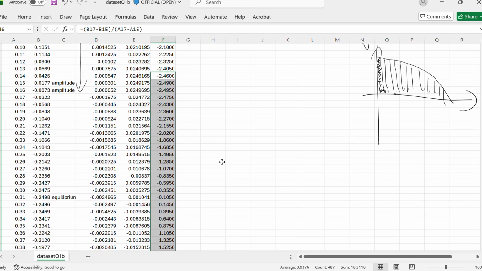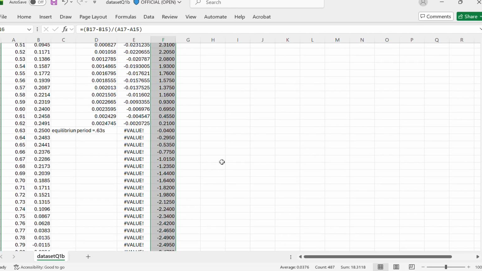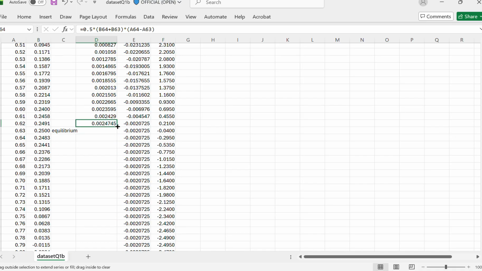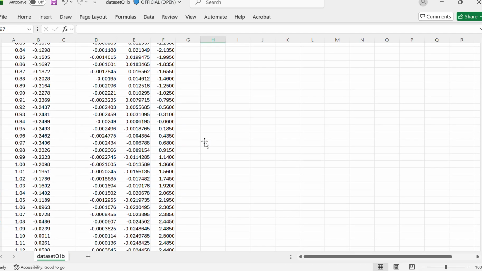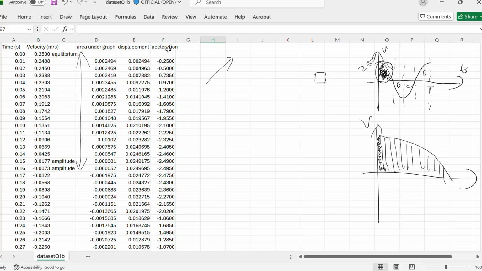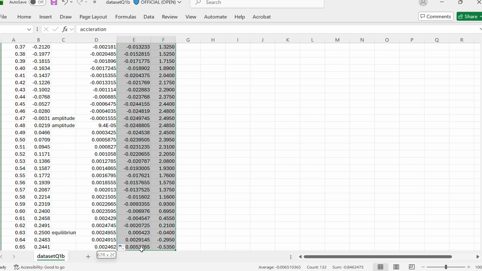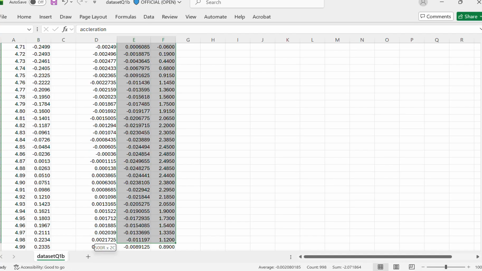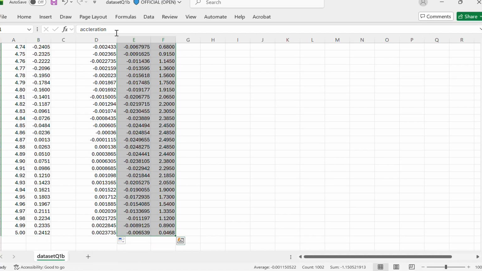One way to do this question is to do it until one period only. But if you want to do all, you also can do all. So I'll just do all. I think I need to get rid of this first. If I do all, I get all the acceleration and displacement values. You can do until one period only, I think it's actually okay. You'll get a very close answer to the final answer. But I'll just do the full version so that I can give you the correct final answer. So I'll just insert